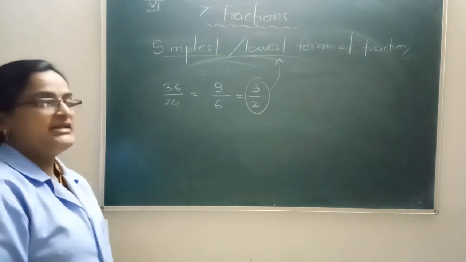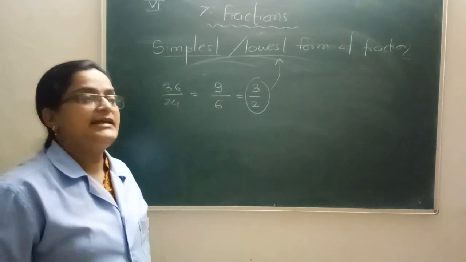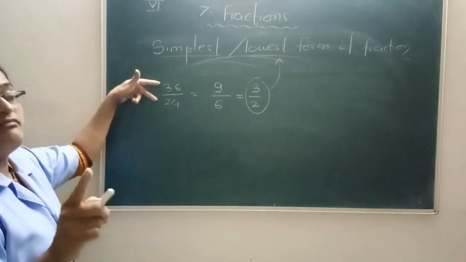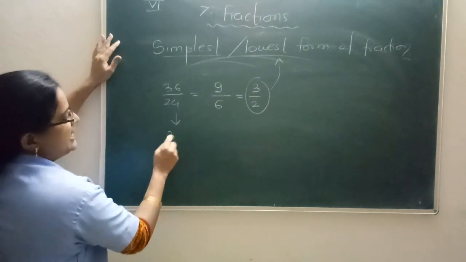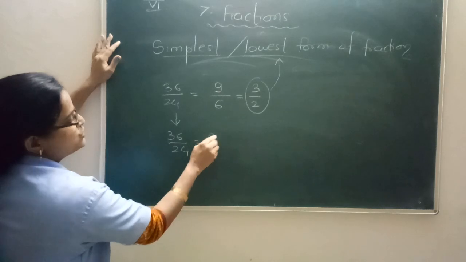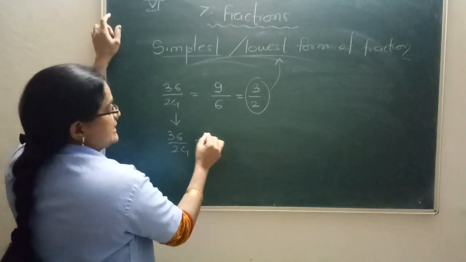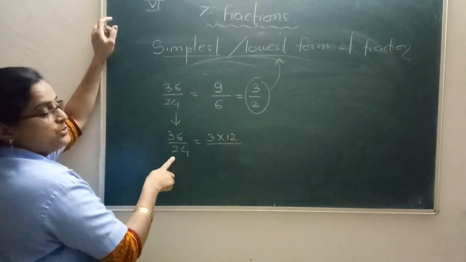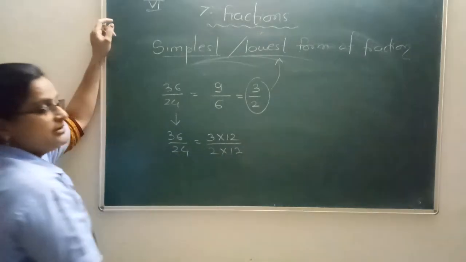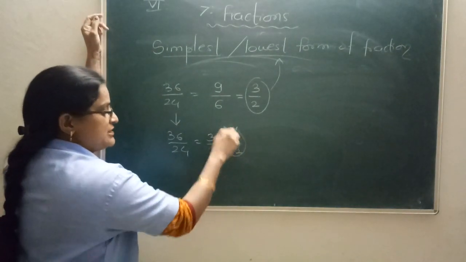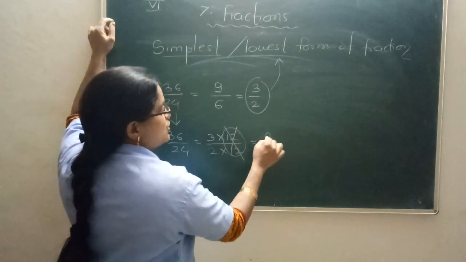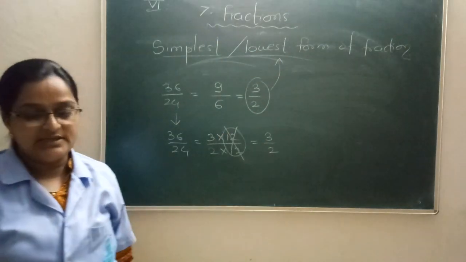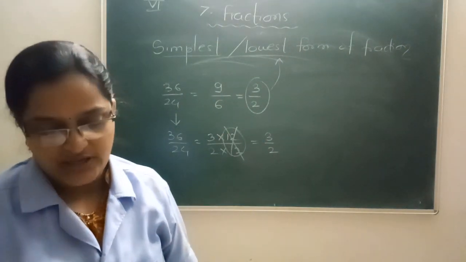Now those who know the tables very well and those who are able to find the GCD and LCM quickly, they can quickly tell me that 24 and 36 have 12 as their GCD. So they will directly divide by 12. Try to understand. Can I write 36 as 3 into 12? And can I write 24 as 2 into 12? Yes. Now 12 is the common part of them that can get cancelled, and so what remains is 3 upon 2, the lowest or the simplest form of this fraction. Are you getting, my dears, what I meant to say?